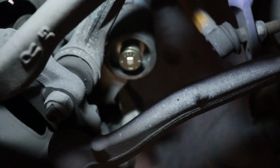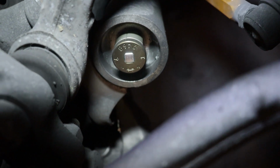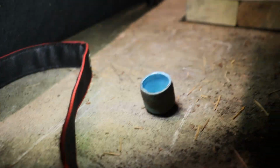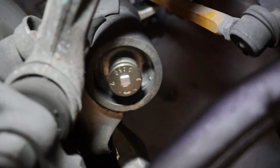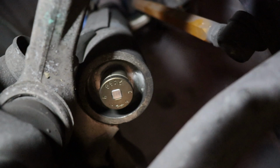Now, I was working on the driver's side and I was trying to figure out how the heck do you adjust these, because if you see that little dial right there, it actually came off when I took this little blue cap off on the other side. All I saw was a little square socket end, it looks like, and I'm like, what the heck do I do with that? Well, then I looked back inside of there and it was sitting inside, and then it made sense. But basically you take this